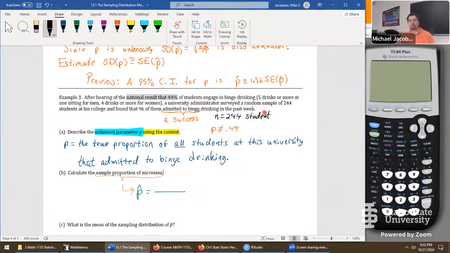I usually do that at the start of the problem. I think I just forgot this time. So that's helpful to do as a process because our formula goes p hat, something divided by n. And the numerator is, I'll use hash for number of successes. So we just have a value for p hat. Denominator is the 244 students. Anyone spot the numerator in this problem?